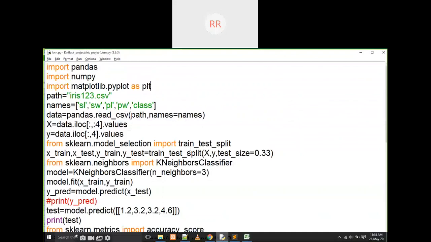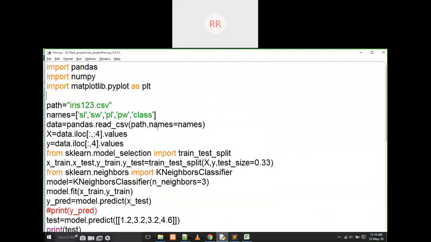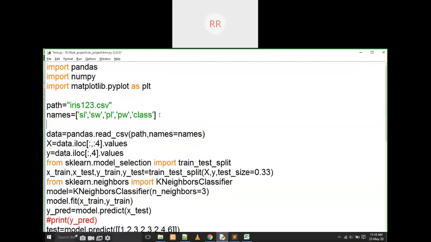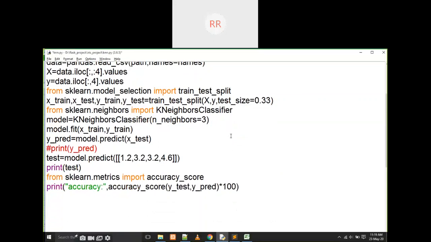For example, look at the code once. I think you already learned machine learning, right? I am going to read the CSV file and I am going to read the names. For example, this is the code of the KNN algorithm. First of all, I am going to execute it. Based on these values, I am going to predict which type of plant it is. For example, if I execute it,